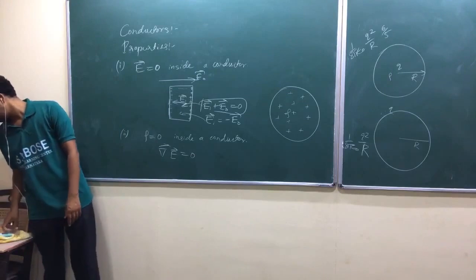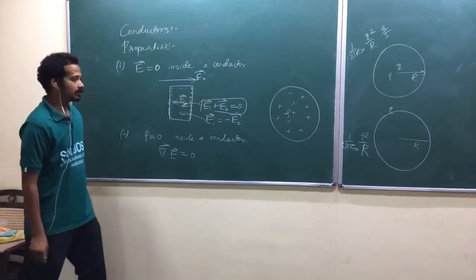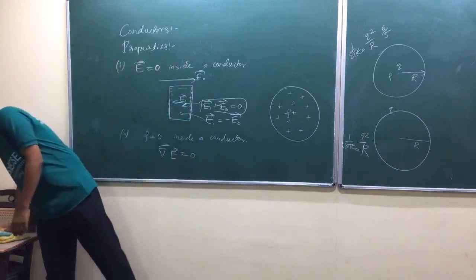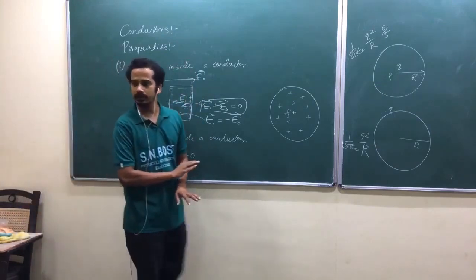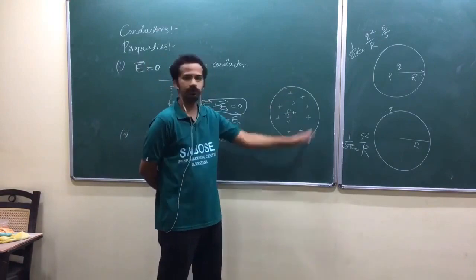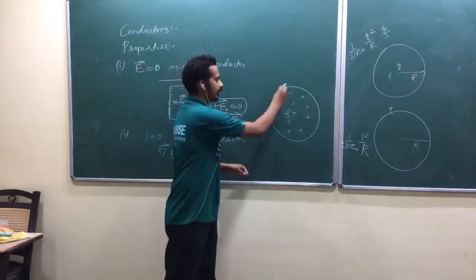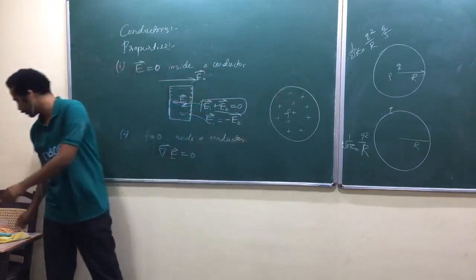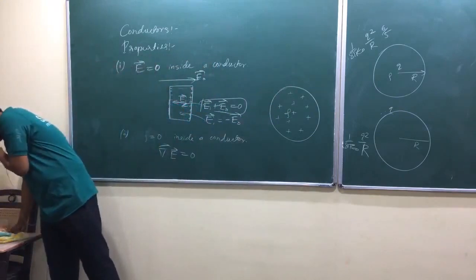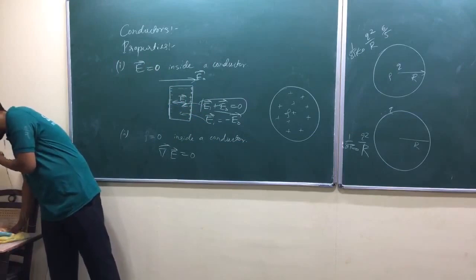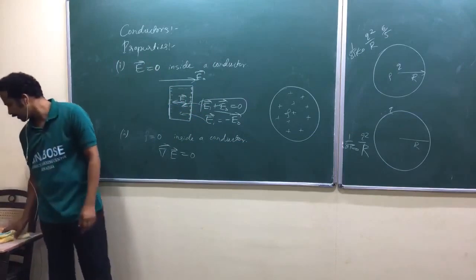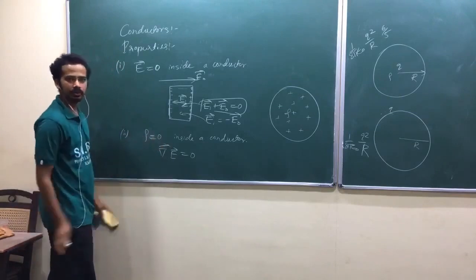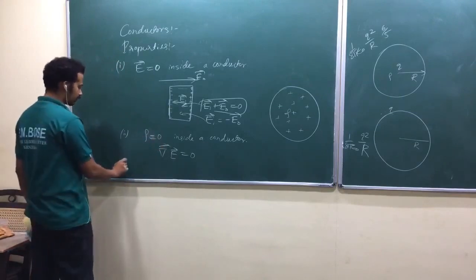So the basic property here is that charges will try to be apart. I mean free charges, they will try to be apart because they are free to move inside. That's why they will avoid this kind of distribution. They will move out to the surface. That is the best argument. So next one, any net charge resides on the surface. Third property, rho equal to 0. There will be no charges well within the conductor.